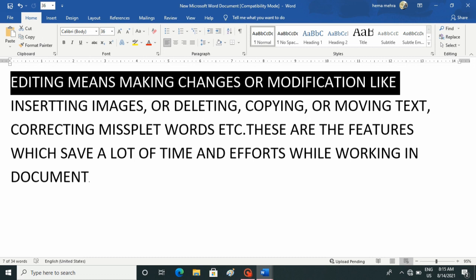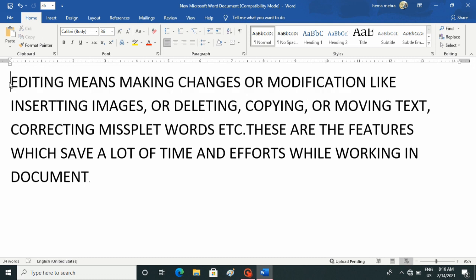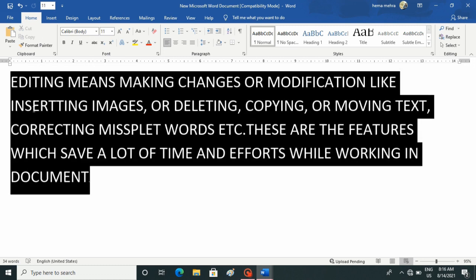Now text block. For selecting a text block, click in the beginning and hold the Shift key and click at the end of the text block to be selected. So this way we have learned how to select a text block.